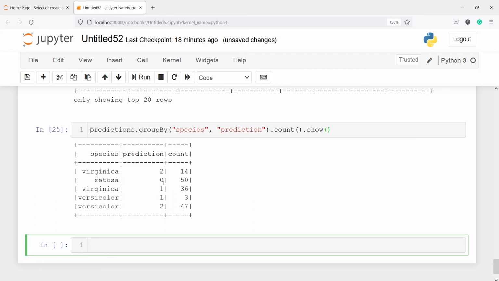Then the versicolor is also clustered in almost one group. You will see here this versicolor, we have 47 samples out of the 50. Only 3 samples are misclustered, they are put in a different cluster. But if you see here, the accuracy is also good, because out of 50, 47 samples have been clustered into one single cluster. And we can verify also.